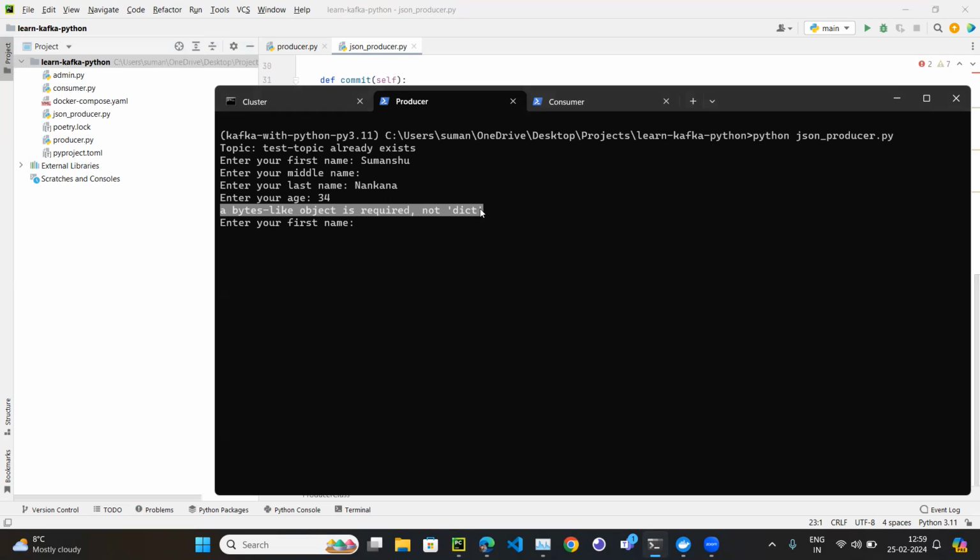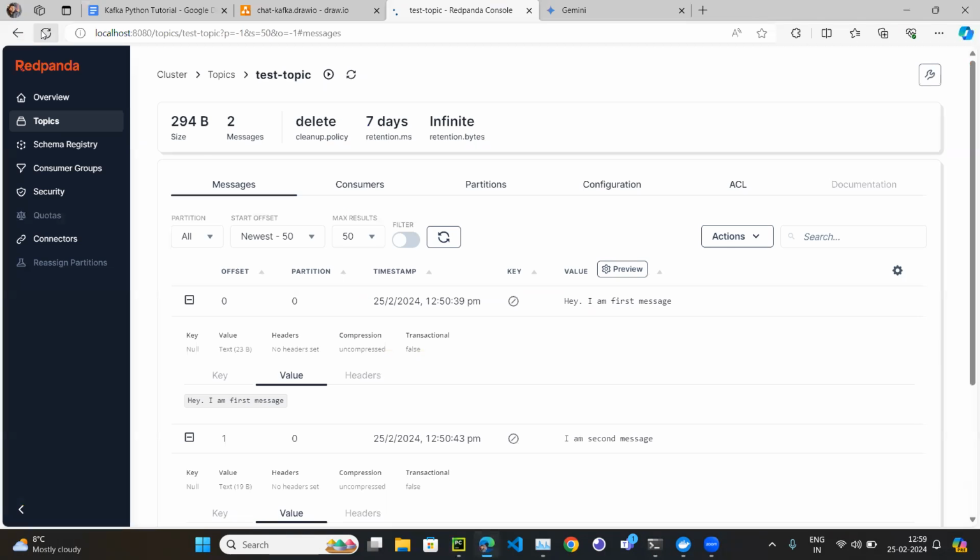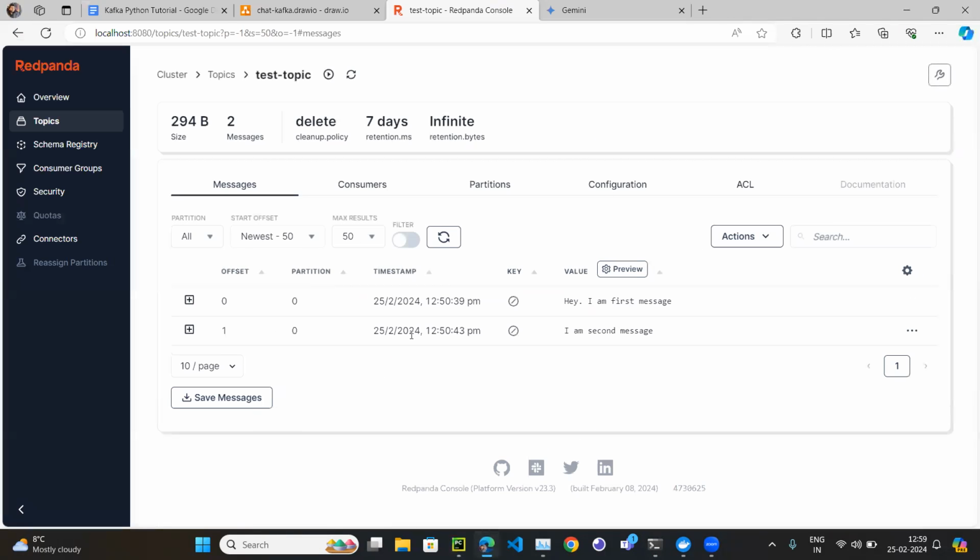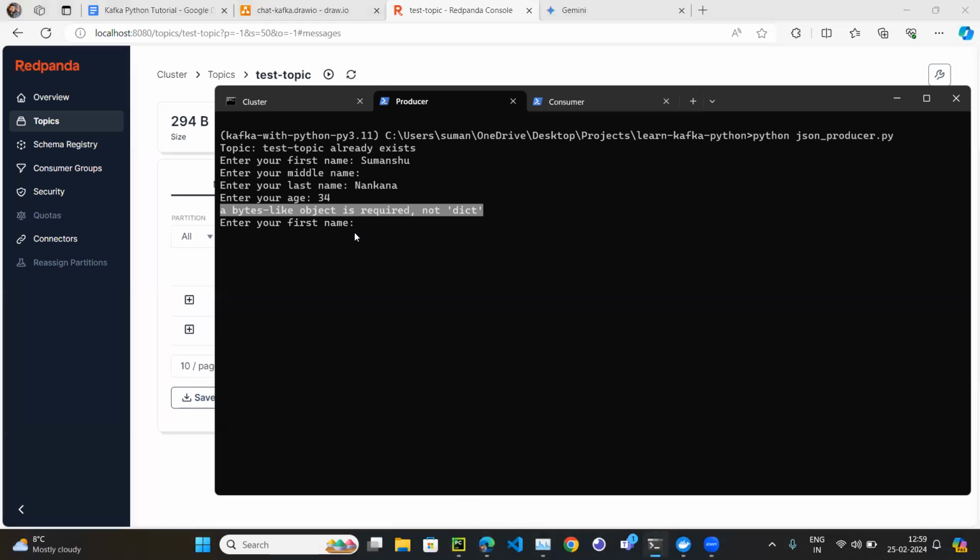All right, so we are getting some error. The message did not publish. Even if you go to the test topic, you can see the message did not get published. We only have the two messages which we published using the normal producer application, not the JSON producer. And the error is saying a byte-like object is required, not the